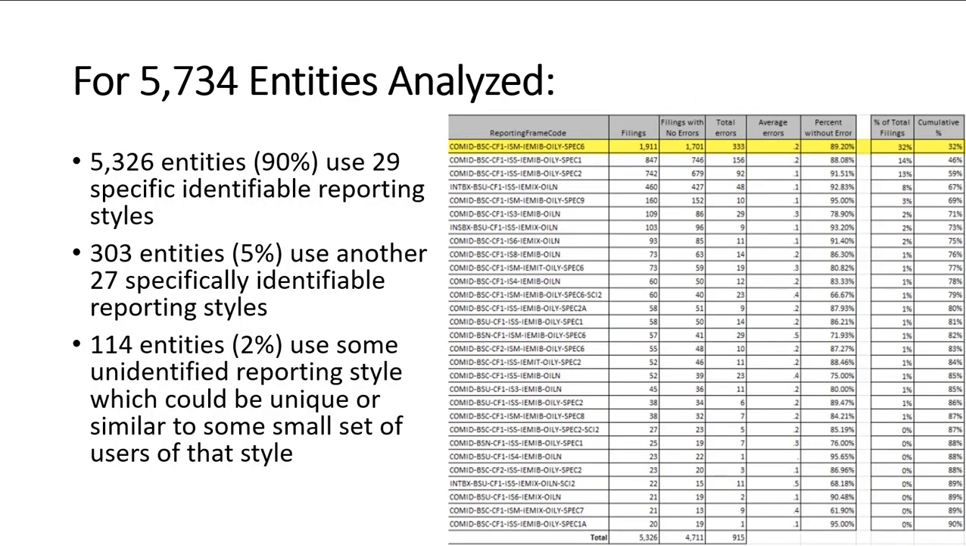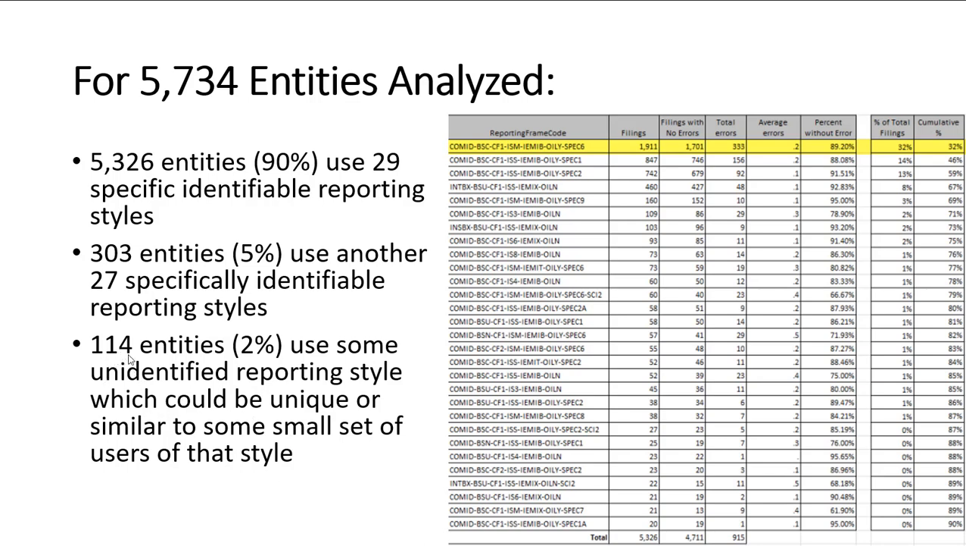So the most important piece here is knowing that 90% of these entities that use these reporting styles use 29 specifically identifiable styles. Another 5% use 27 identifiable styles, different than these 29. So that's about 60 different styles. Then the remaining portion,